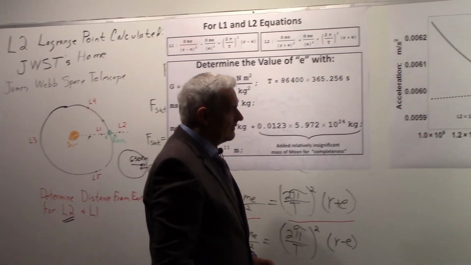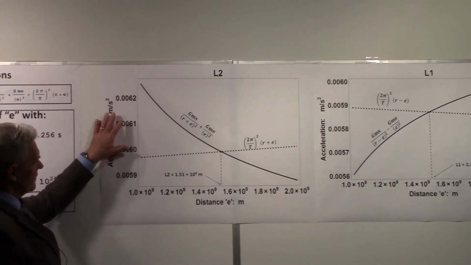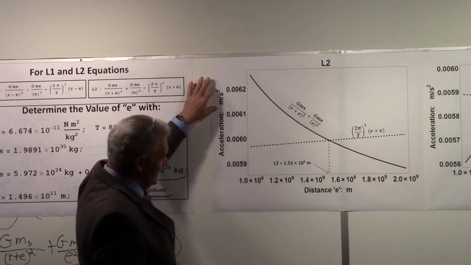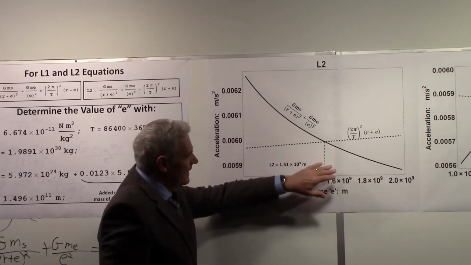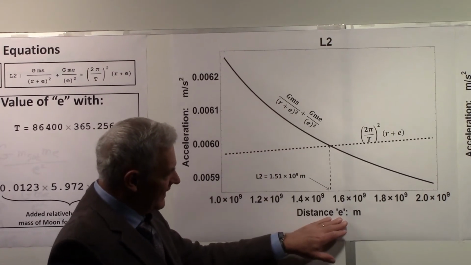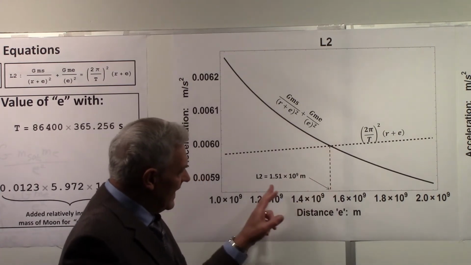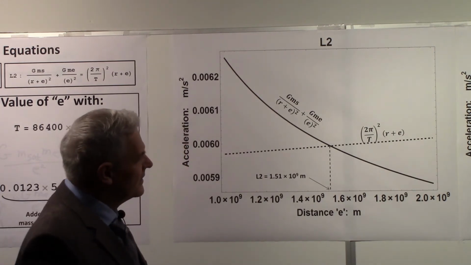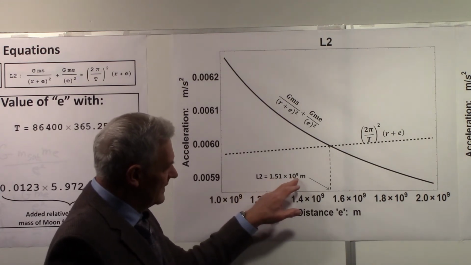So if we come over here now, we're going to plot our expressions. It's going to be A on this side. Acceleration, the units are going to be meters per second squared. So here's one of the terms. Here's the other term. We plot them as a function of E. And where they cross, if we draw a line down and read that, we get 1.51 times 10 to the 9th meters. So the L2 point is located at roughly 1.51 times 10 to the 9th meters